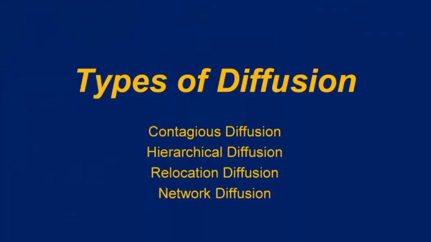We can also use as an example the IUPUI campus, which has had a mumps outbreak and a tuberculosis outbreak. With network diffusion, who those people come into contact with is absolutely important, because it could be the people who have tuberculosis or mumps that was passed on from a person who's been diagnosed, a student who's been diagnosed with it. So you see this on college campuses a lot, network diffusion spreading these infectious diseases, and we always see this here in Indianapolis, at IUPUI or Butler, typically in the wintertime.